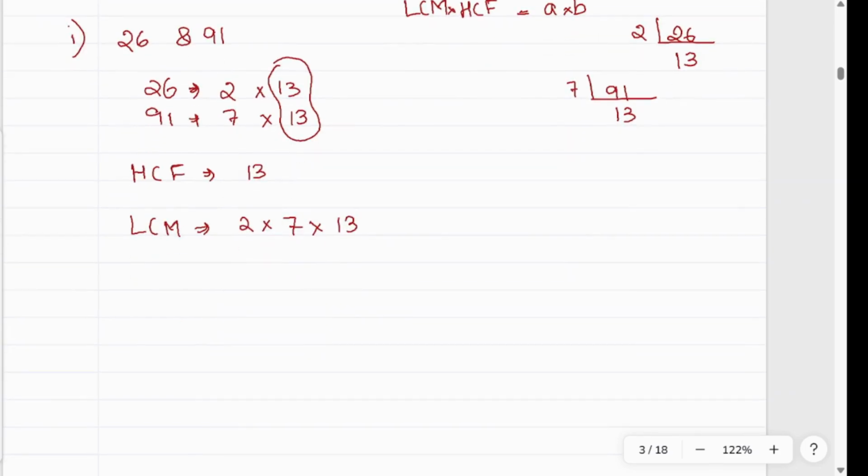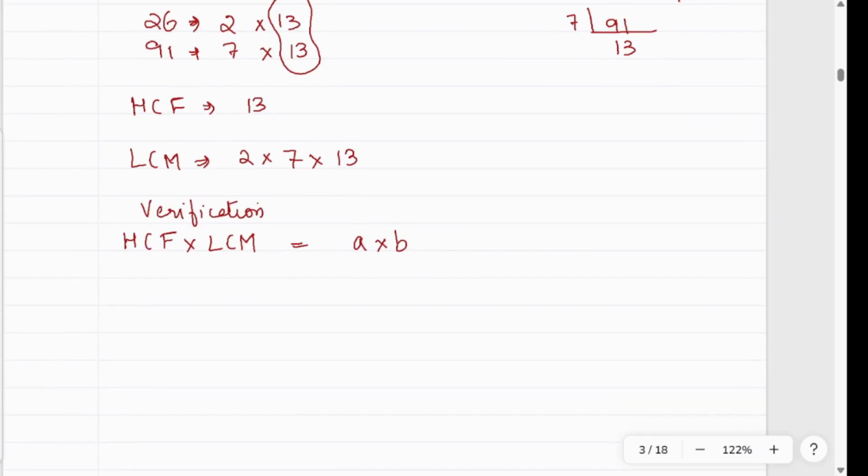So now we have to find HCF into LCM and check whether it is equal to A into B. In this way we have to verify. Okay, so now we are going to do the verification. How do we verify? HCF into LCM equals A into B. What's the HCF here? 13. And what about the LCM? 2 into 7 into 13 is